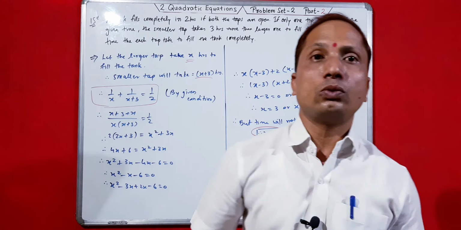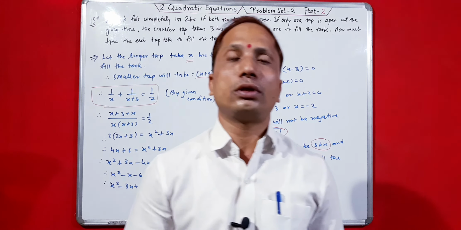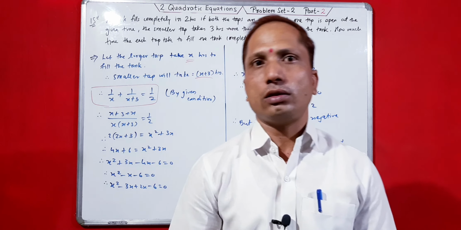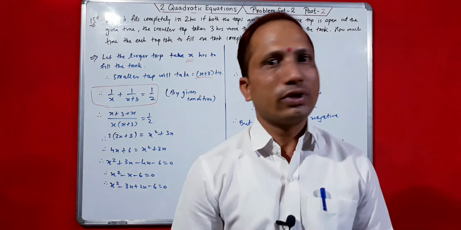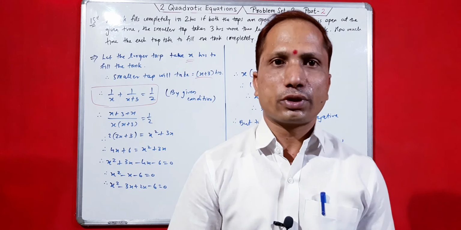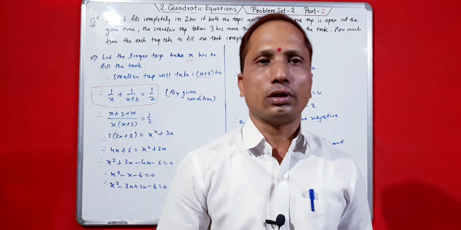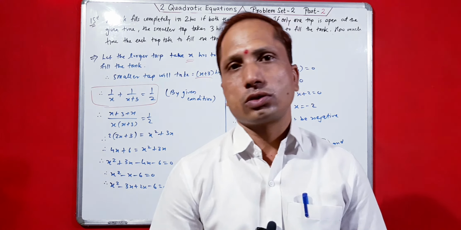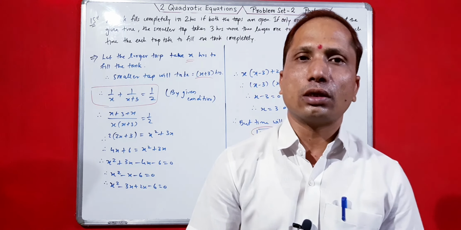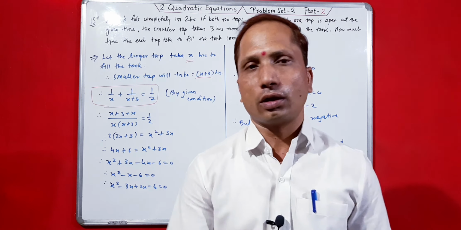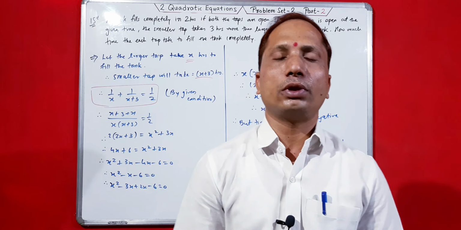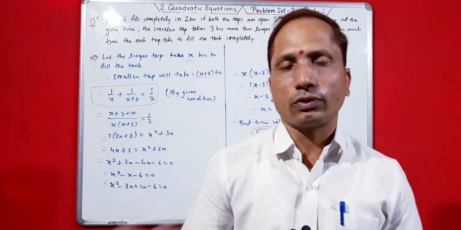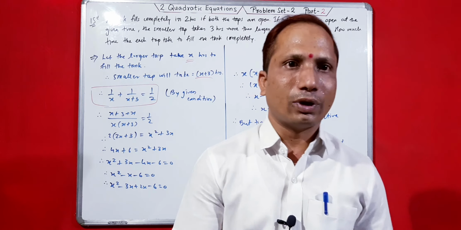I have tried to solve all the problems at my best, but you should still try to do your best. Do the practice, and don't depend on others to solve the problems. Try to use your own skills, applications, and whatever ideas are possible to solve the problems, and you will easily solve such types of problems. Here this problem set is completed, and next we will start the Pythagoras theorem lesson number 2 from geometry, and I will try to explain each and every concept from it with good ideas.